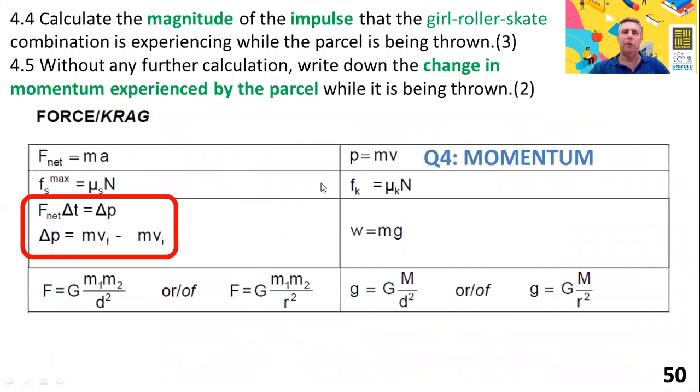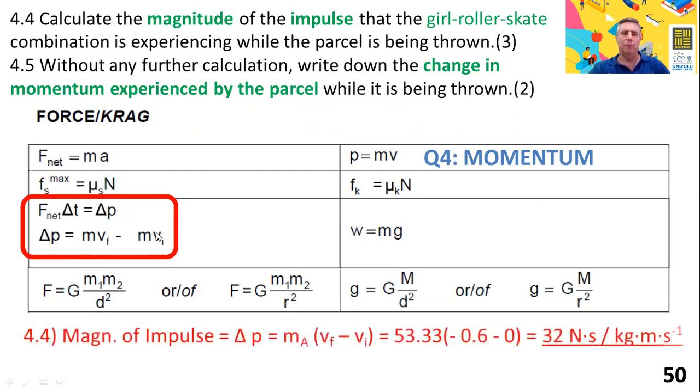4.4, calculate the magnitude of the impulse that the girl roller skate combination is experiencing while the parcel is being thrown. Here's your impulse equation. Please remember, impulse is not force. Impulse is F delta T or delta P. So the magnitude of the impulse is delta P, and it's simply the mass of the girl times the change